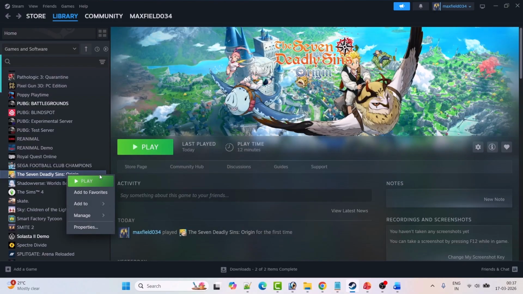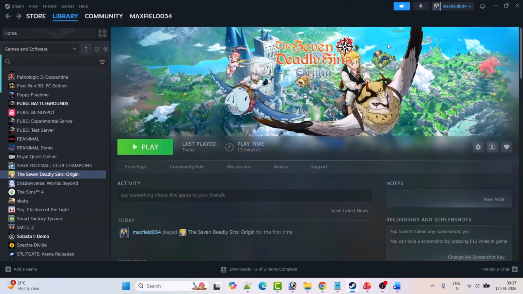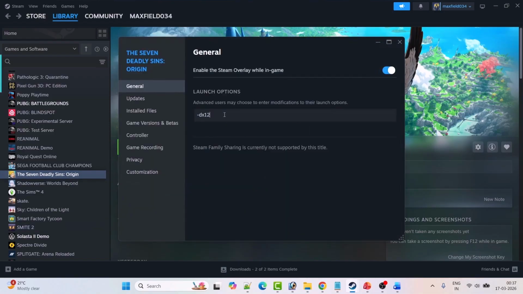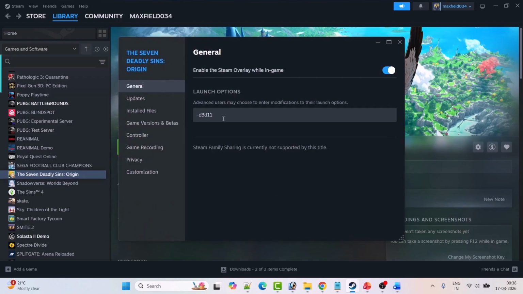If that doesn't work, then again go to the game properties, this time type -dx12, launch the game and check. If it's still not working, again go to properties and this time type -d3d11, close the tab and then launch the game and check. If it's still not working, again go to the game properties, remove the launch options and then follow other fixes